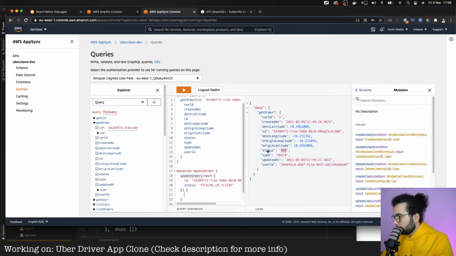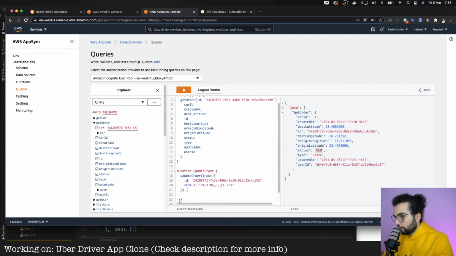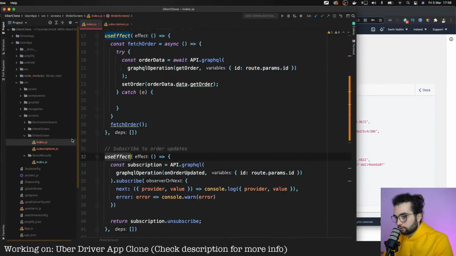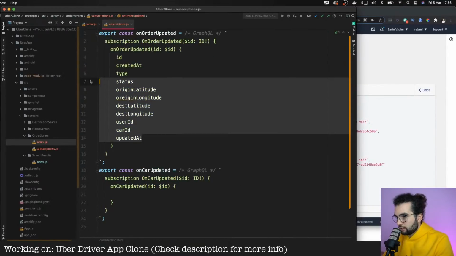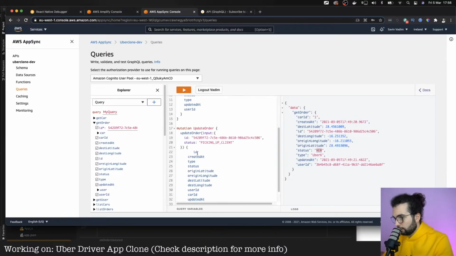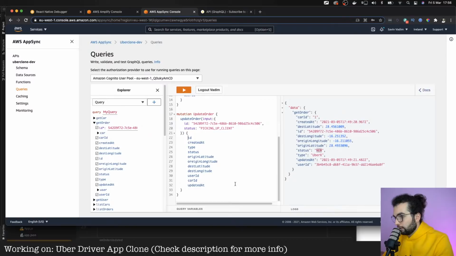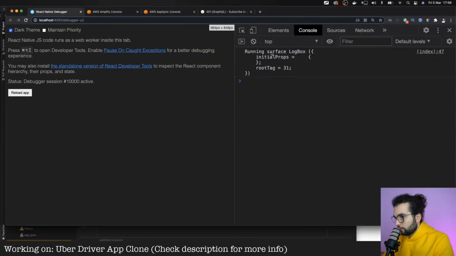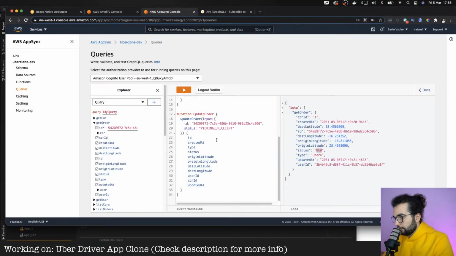And the important part here is for the mutation to return the same things as we subscribe to. So the same things if we want it to be called. Let's save. Our console is clear.